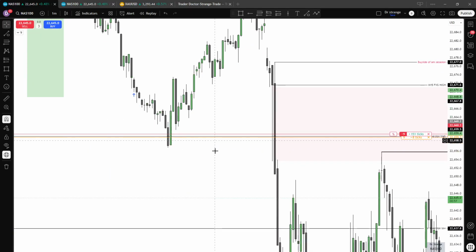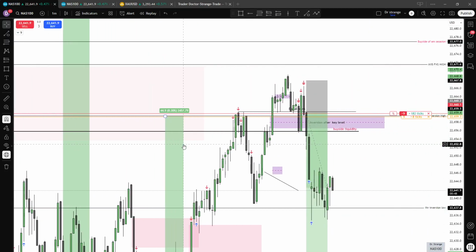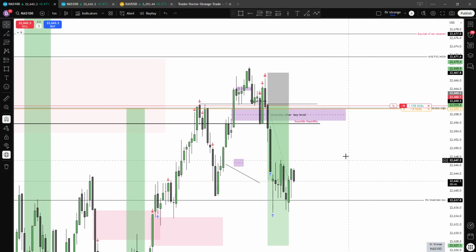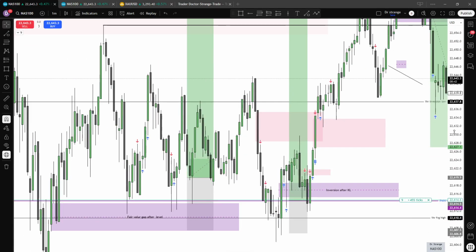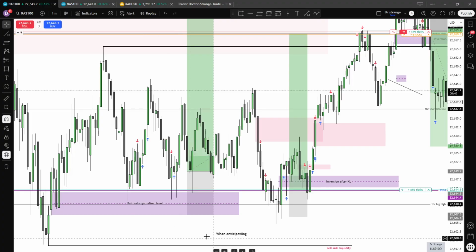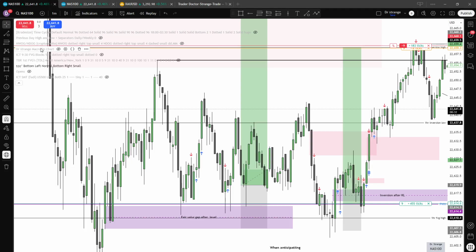At this point in time, I was not on the charts, but I think I would have caught a long based on my logic. Now, moving over to 9:30, let me just show you our current trade as I'm going to explain. So this is our current running trade. Let me see what I traded today. I was not around at 9:30. The first presented fair value gap was at around here. I can just put it here on the charts.